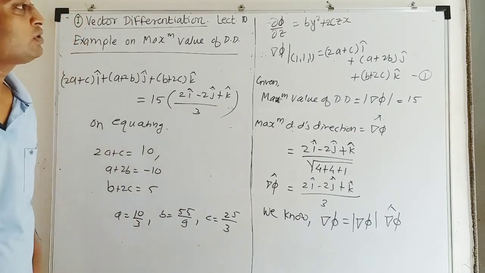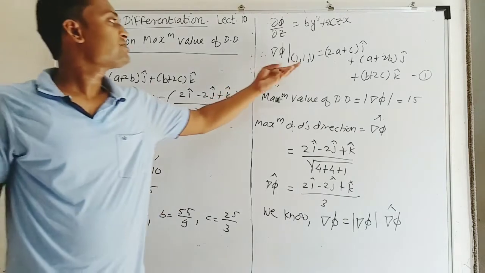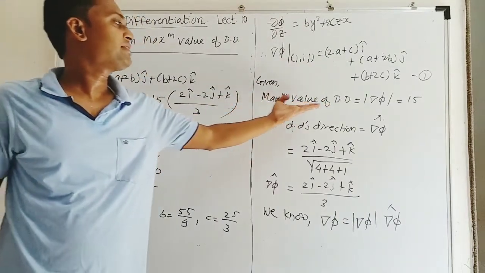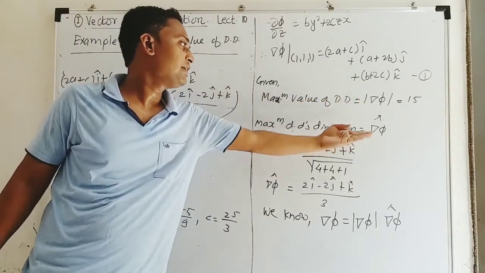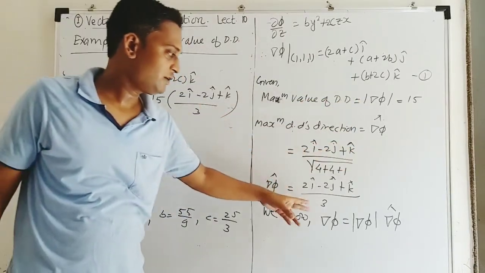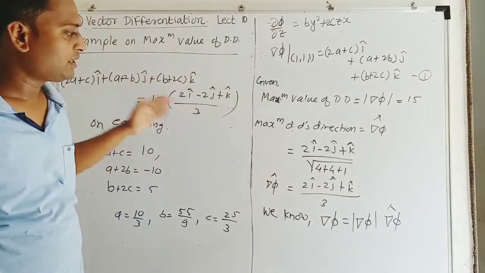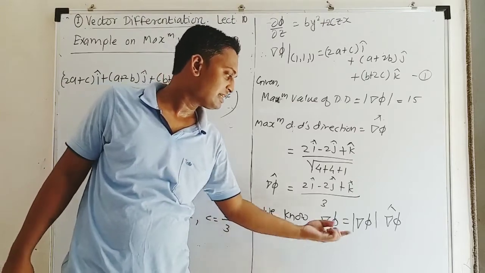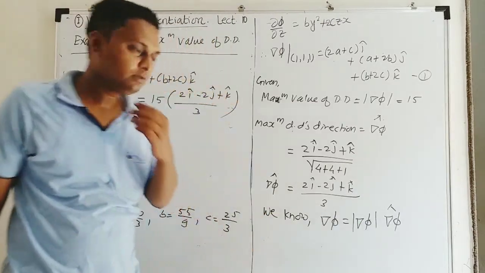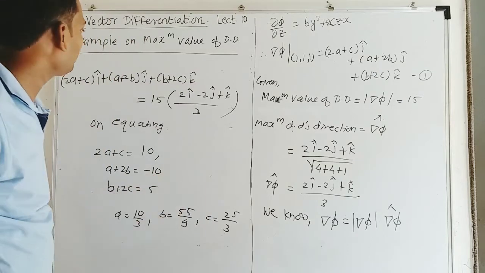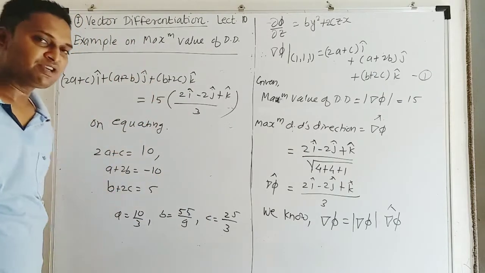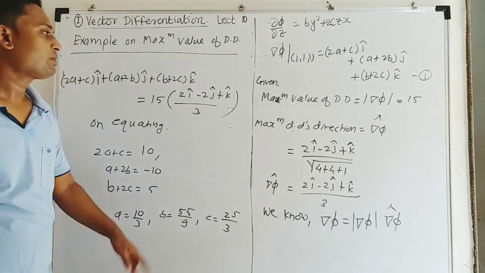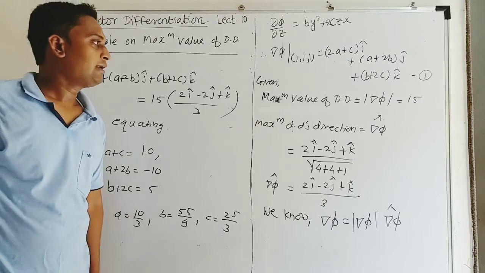So this is how you need to do the calculation in these types of problems. Very first you calculate gradient, that will be in terms of A, B, C. Then use this concept, given values you write like this, magnitude of del phi and del phi cap, the direction you need to write carefully, which is parallel to the direction of the line. And this relation becomes important to use in this example: del phi equal to magnitude of del phi into del phi cap, for any vector that we can do. And after equating them, we'll get three equations in three unknowns. Just solve them on calculators. We'll get the answers for A, B, C. One problem of this type I will give you for practice, and then we'll conclude this lecture.